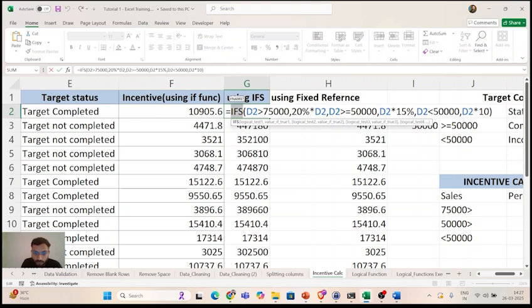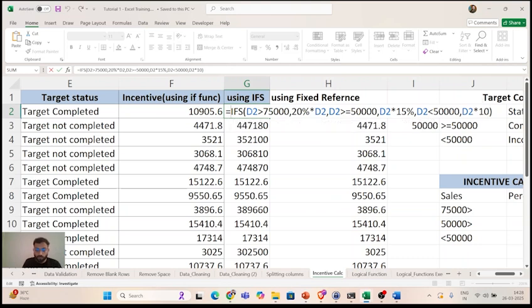The first logical test, D2 is greater than 75,000, then calculate 20% of D2, the value is true. Second test, if it is greater than or equal to 50,000, value is true. Third test, D2 is less than 50,000, and the third value, and so on. If we have multiple conditions, we can directly use IFS in a single line.